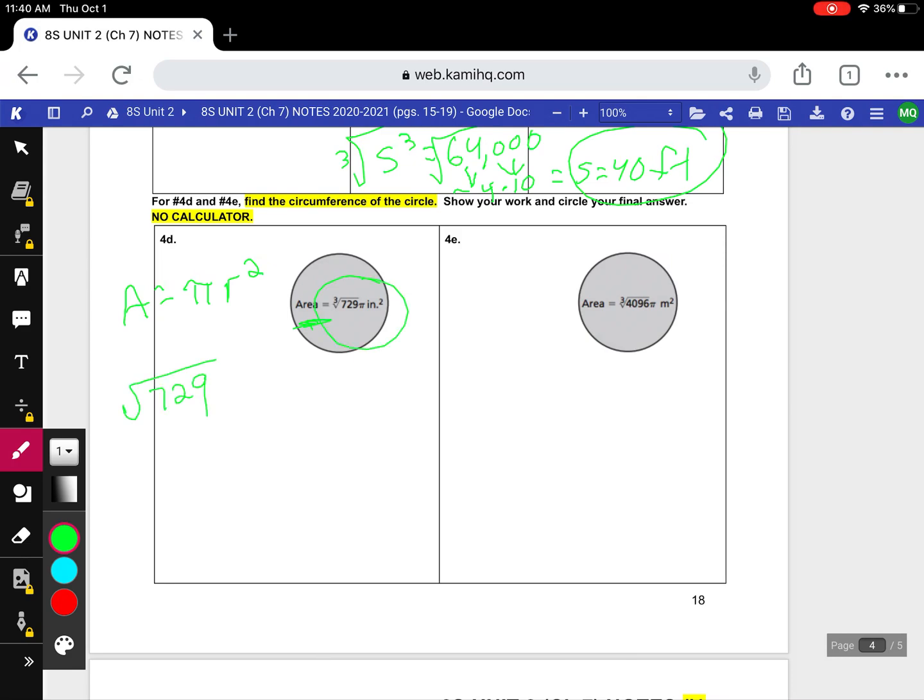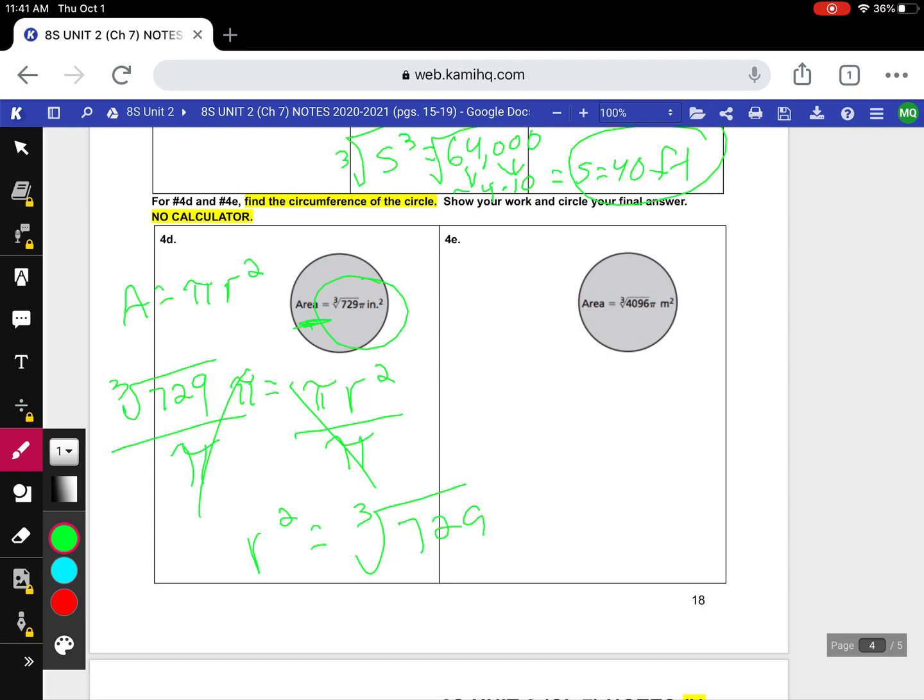They give me the area, which is the cube root of 729 pi equals pi r squared. Okay, just like we talked about in class yesterday, go ahead and get rid of those pi's right away. I want to cancel them out. I'm left with r squared equals the cube root of 729. Well, the cube root of 729 is 9, right? And then we take the square root, because the inverse of squaring something is the square root, and we get